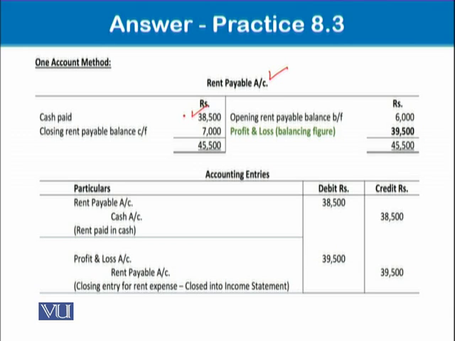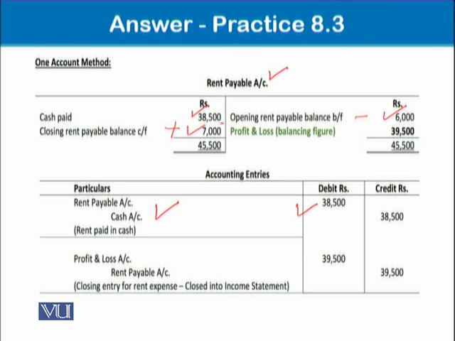Rent payable debit and cash credit. This is the accounting entry for this, posted in the debit side. And then what we will do, closing rent payable will be taken in the debit side. We have to add. And opening rent payable, as we calculated there, will be taken in the credit side, as we have to subtract